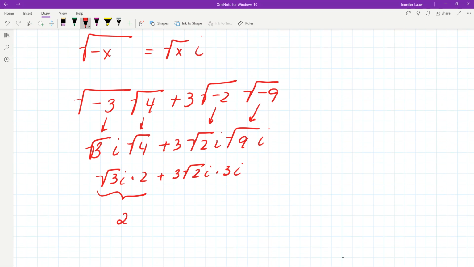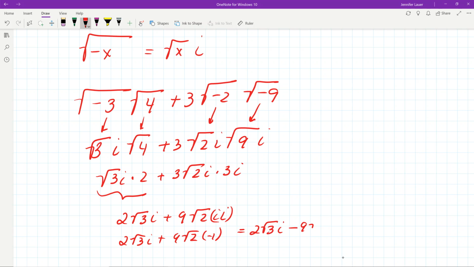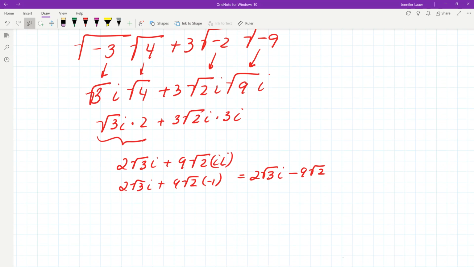So this becomes 2 radical 3i plus 9 radical 2 i i. Keep in mind that that becomes a -1. So our final answer is going to be 2 radical 3i minus 9 radical 2. And usually when dealing with people other than me, they want the i to come second. I don't really care either way, but if you get up into college, different professors are going to want that i coming second because it usually comes second in the complex number of a polar form